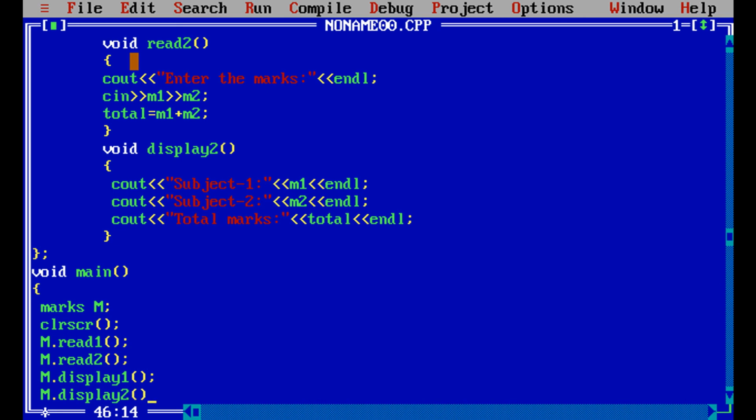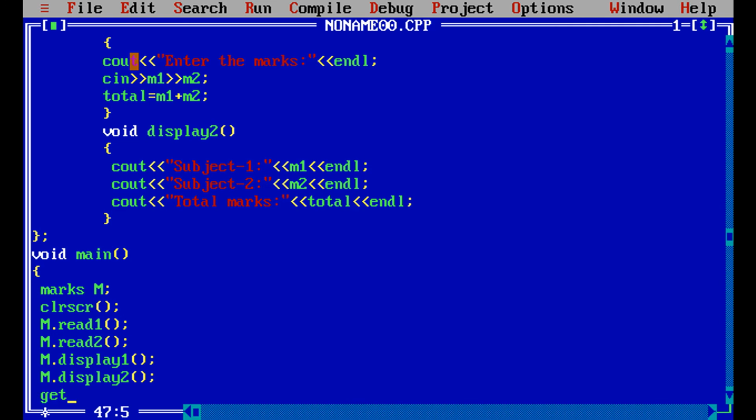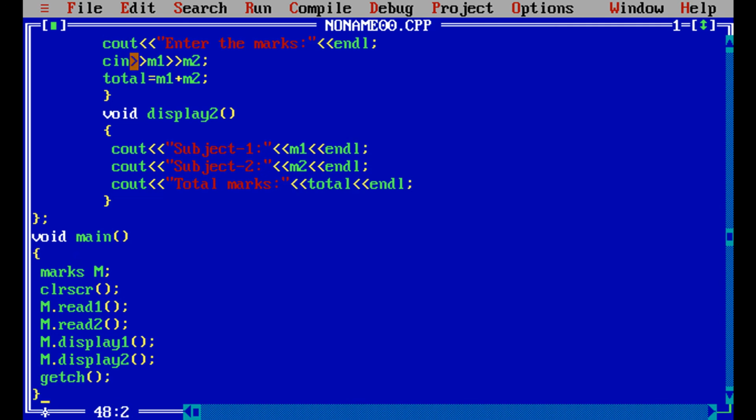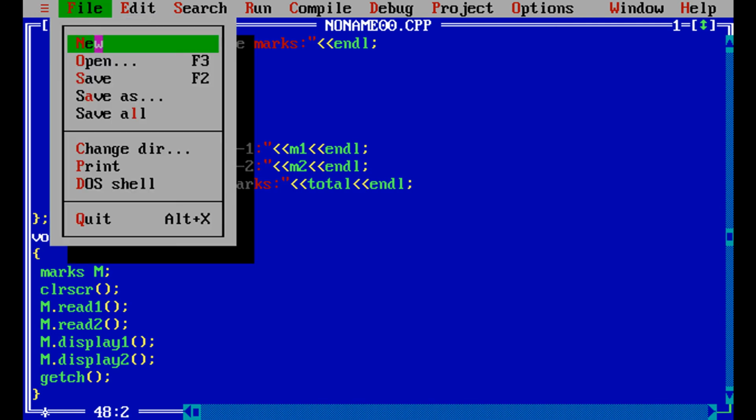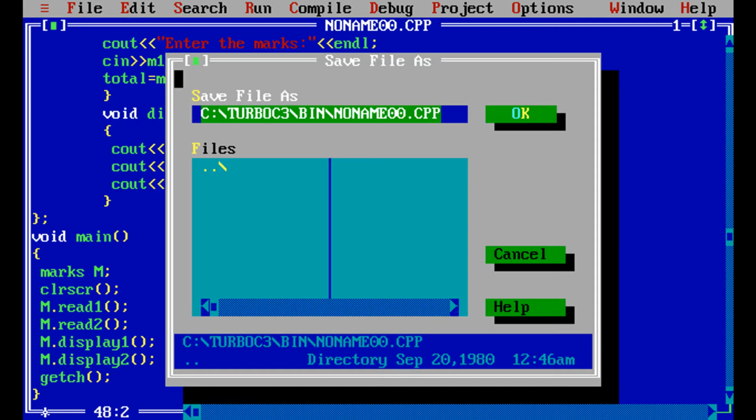So these are the functions that I have. So getch is the last statement. Close the curly brace. So let's save the program. The name of the derived class program will be saved as marks.cpp.